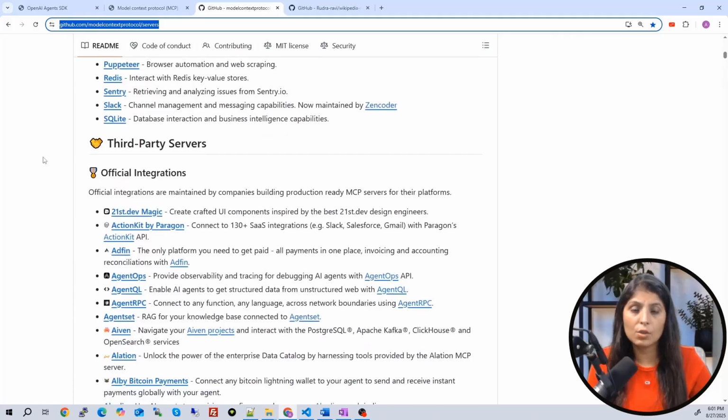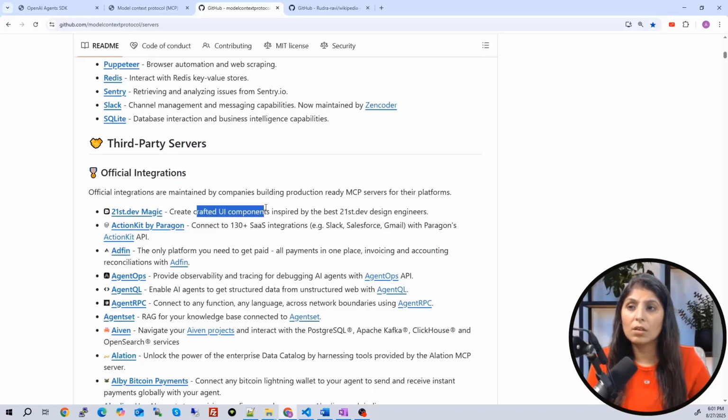We can directly use them. On this side you can see the server name, and on this side you can read what the task of that MCP server is. And if you want to use any server, just click here and you will be redirected to the next page, and over there you can see how to use that particular server.